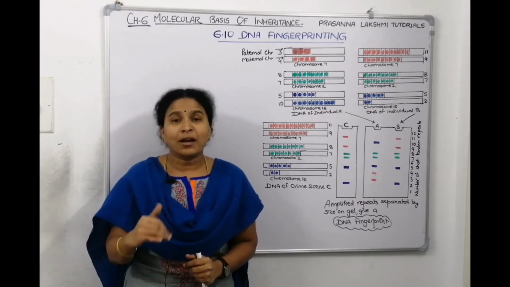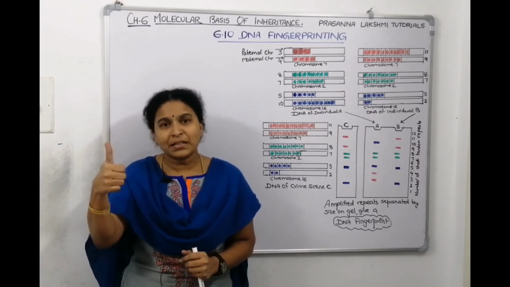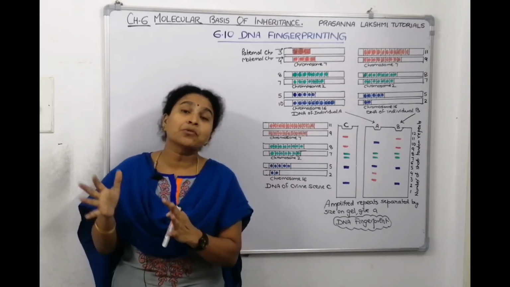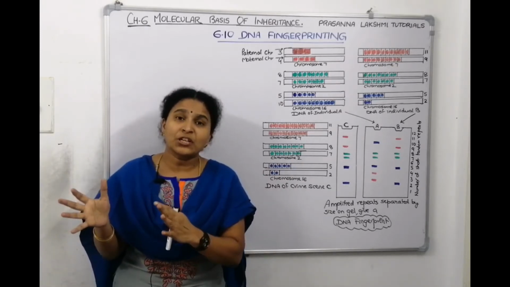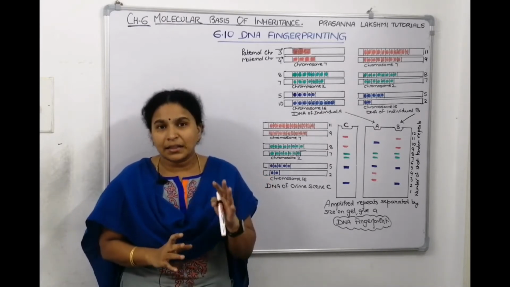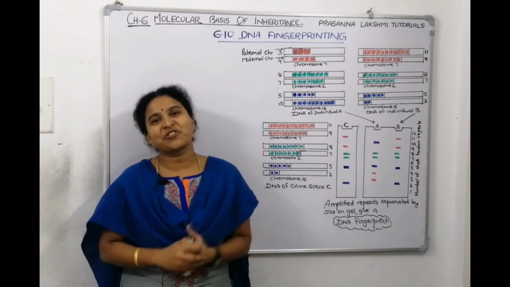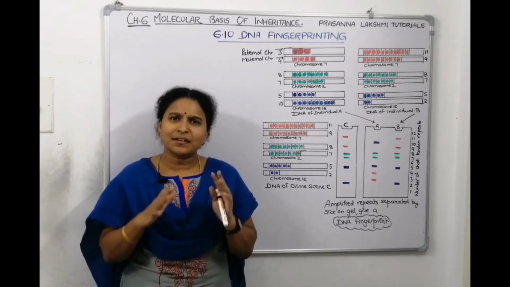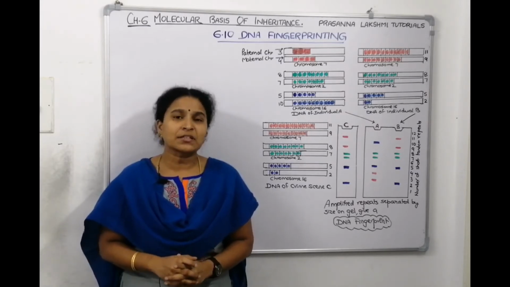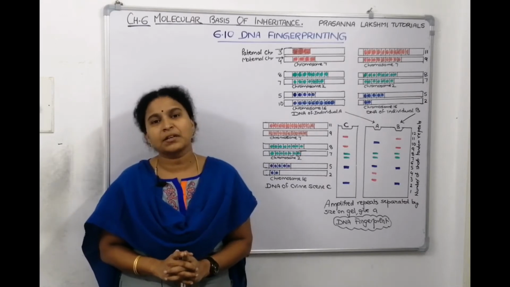And these polymorphic DNAs can vary from one base to many bases. If they change in one base, we call them single nucleotide polymorphisms. If they change in many bases, then it's called polynucleotide polymorphisms, right? Till there we discussed in the previous lecture. Now, in the last lecture of this chapter, let us discuss the remaining process of DNA fingerprinting technology. Here we need to discuss the steps of DNA fingerprinting technology and its applications.